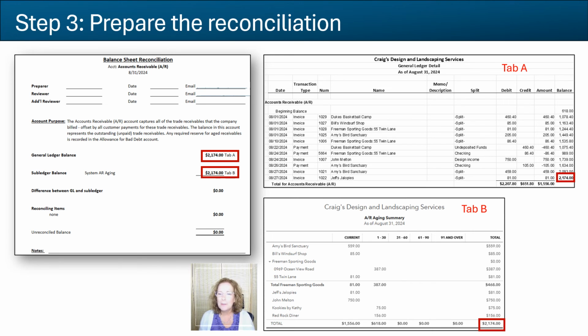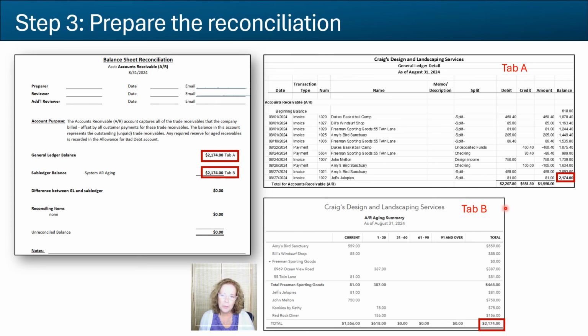Step 3 now consists of preparing the reconciliation by updating the cover page for the date in the header section, the general ledger balance, and the subledger balance. Tab A is updated by copying and pasting the new general ledger detail, and Tab B is updated with the new AR aging summary report for August.